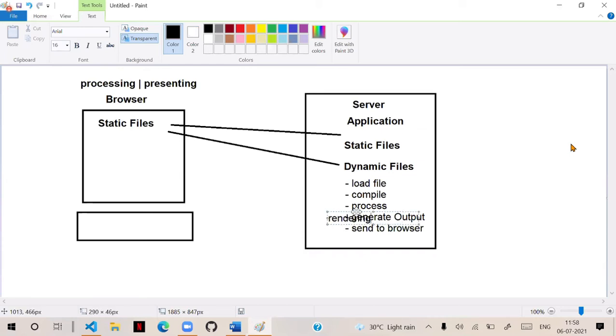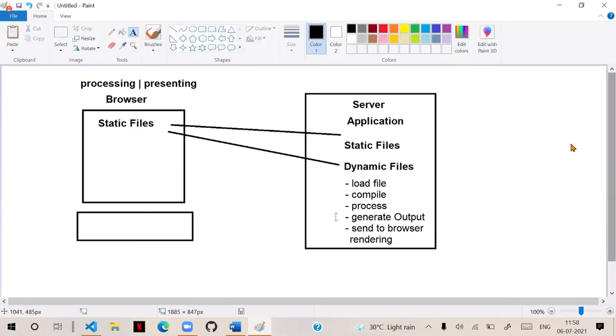Rendering means generating output, then sending it to the browser and displaying it in the browser. That means a lot of activity needs to be performed for these files before going out as output. Static files are just delivered, but dynamic files have to undergo a lot of things. They need to be compiled, processed, rendered, and presented in the browser.